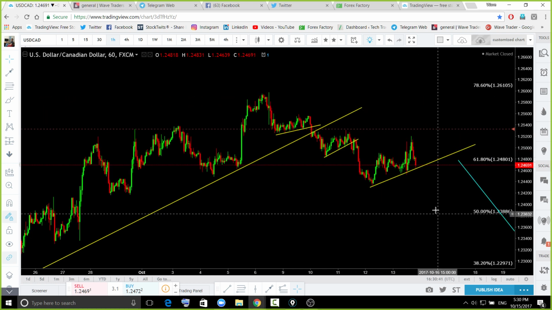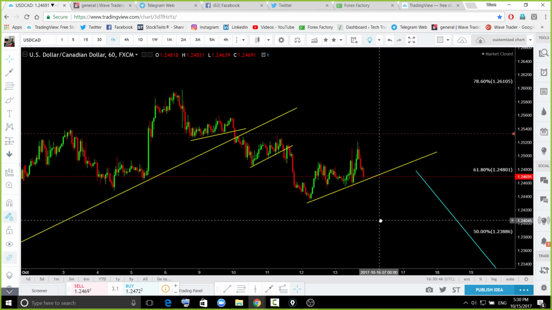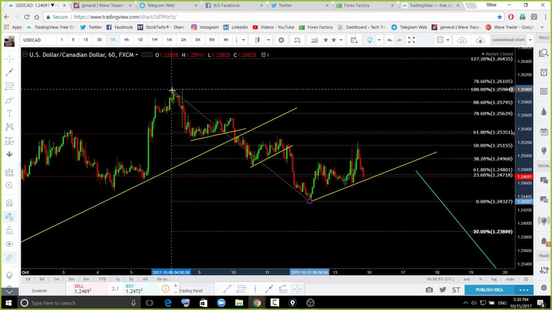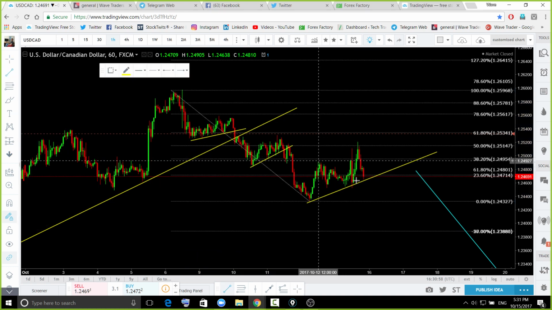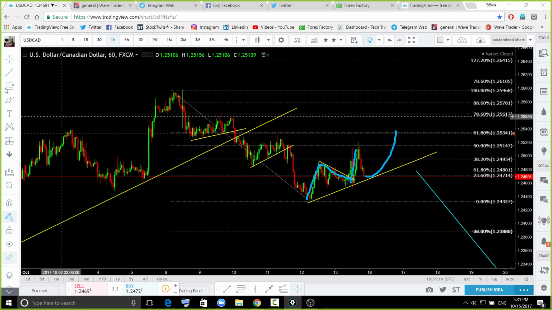Those who are not in that trade from the top, what you need to look for, fellows, is something like this. Let me put my fib lines like that. You can see over there it is forming something like a zigzag or ABC move. What it can do is go for another leg like that.